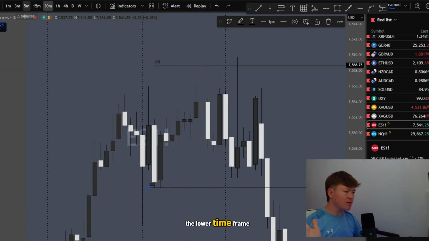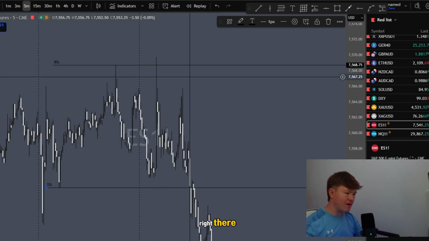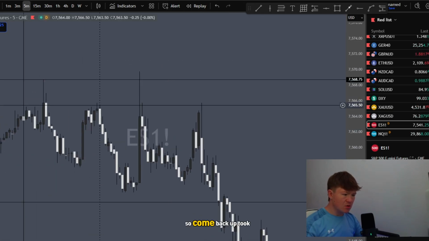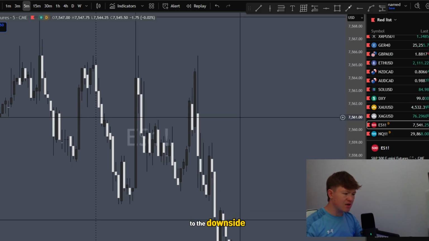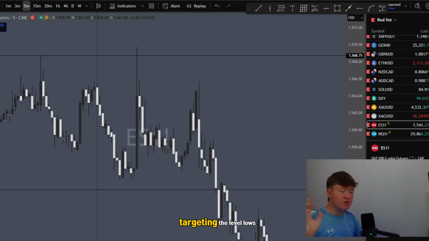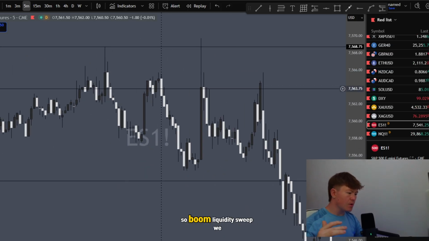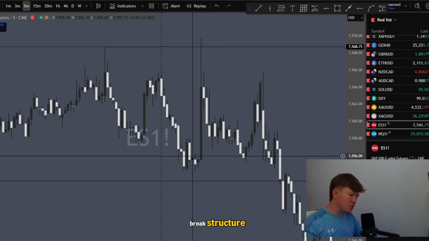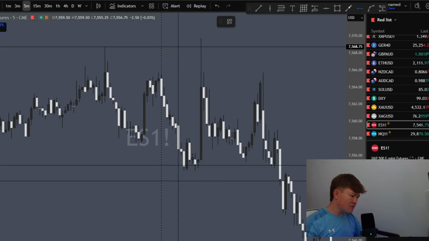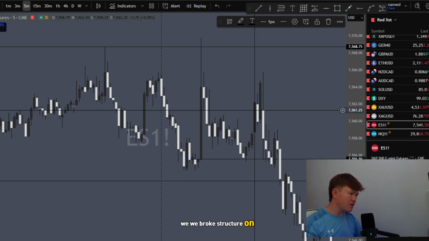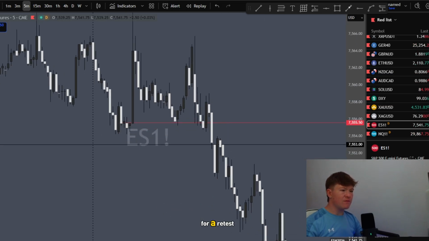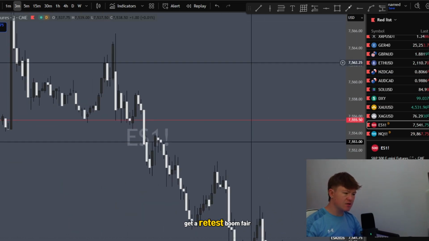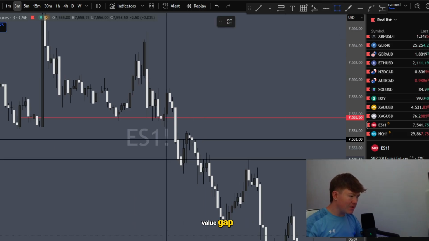Boom, we go down into the lower time frame. We've had that liquidity sweep right there. It's come back up and taken out this high. So now what we're waiting for is a break of structure to the downside, a fair value gap entry, and targeting the lower lows. So boom, liquidity sweep, we break structure around here. We say we broke structure on here, so we mark this line red. So we get the break of structure here. We're waiting for a retest, so let's see if we get a retest. Boom, fair value gap,